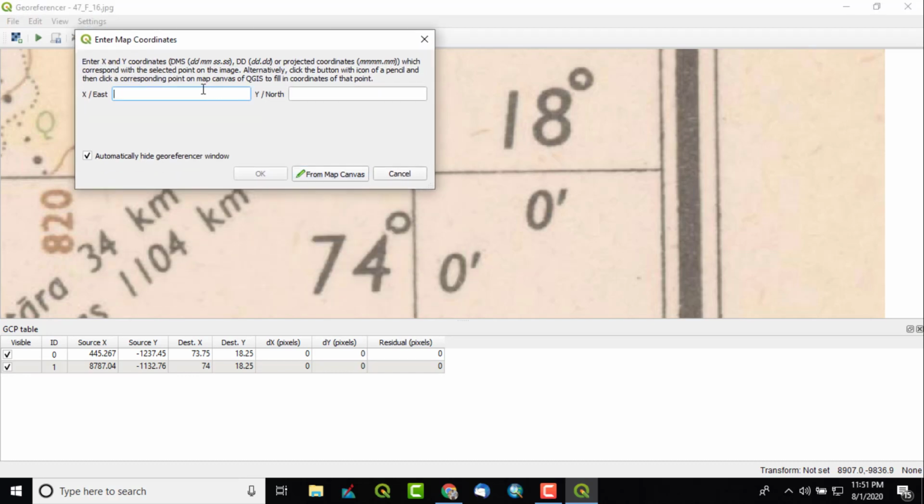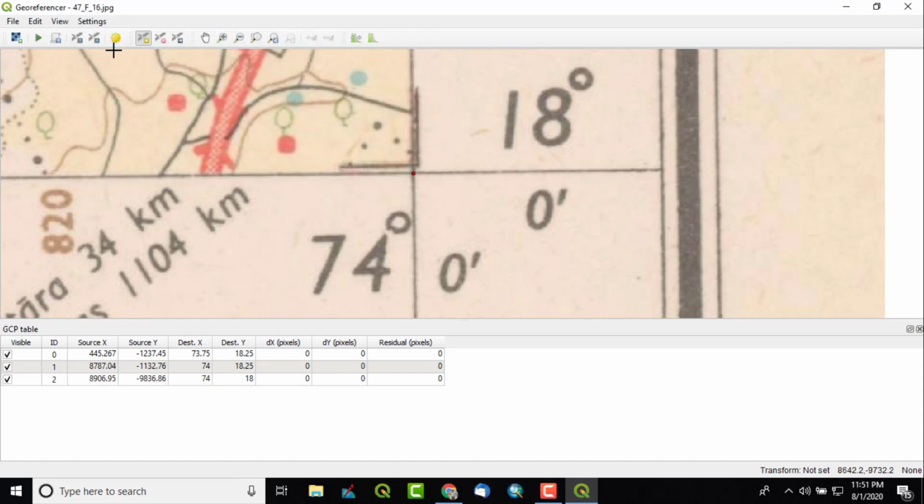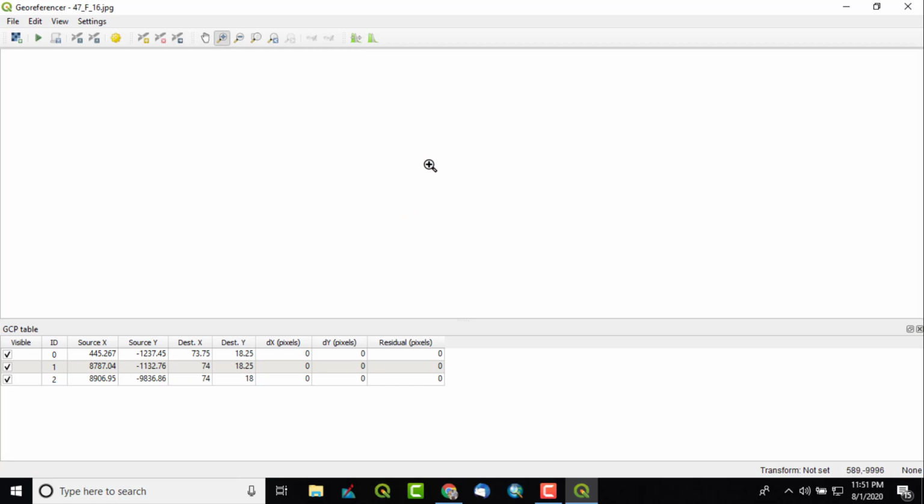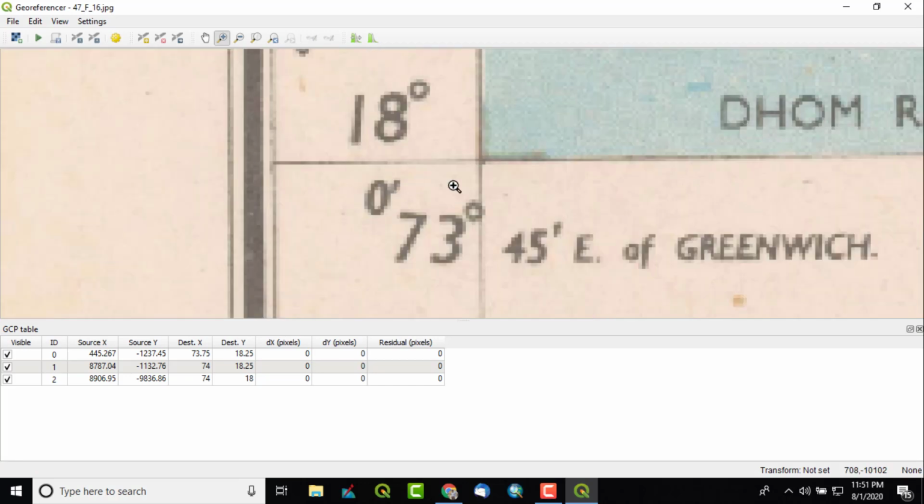So longitude also 74.0, you can write it or not, it is okay. 18.0 means 18.0, and then okay. Now zoom to layer again, take the zoom tool and zoom to the fourth corner, that is the fourth point we have to enter.